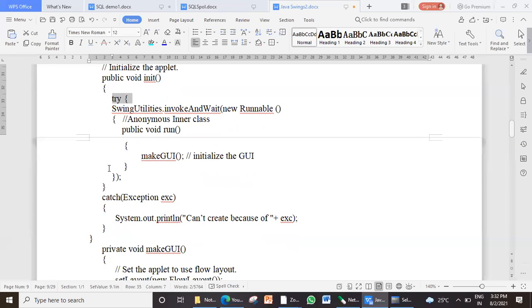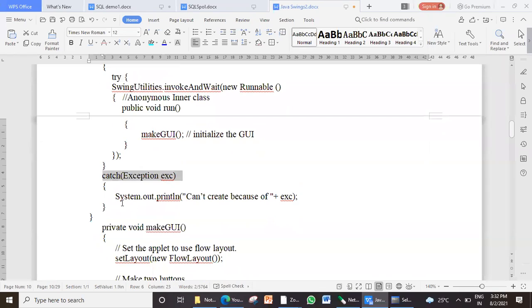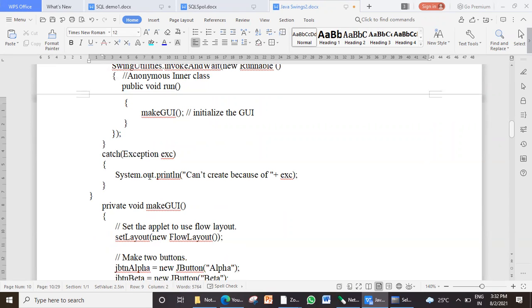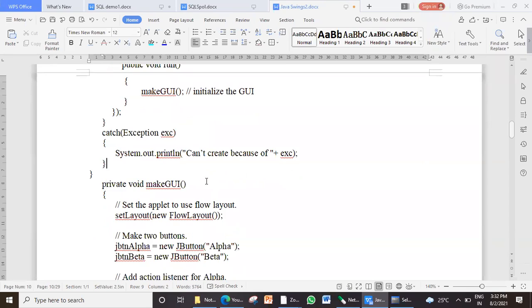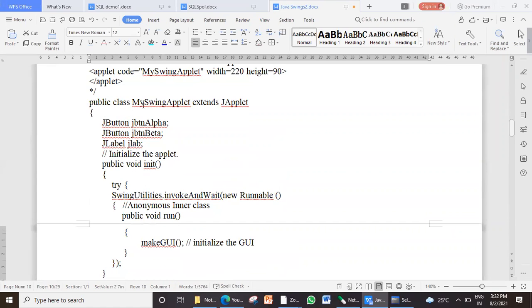And as you all know, a try, when you use it, must be followed by catch or finally. Normally we use catch to handle the exception. So I have caught the exception and I'm just displaying a message, "can't create this applet" because of this exception. You can display any message or even leave it blank. And then after catch, I'm closing this applet class bracket.